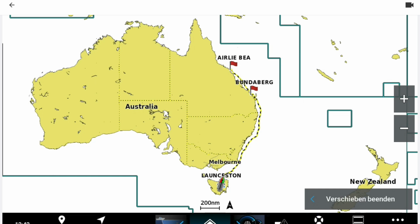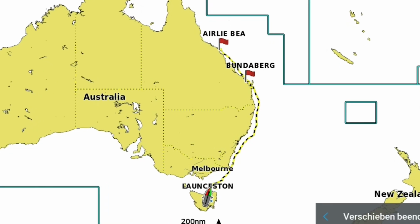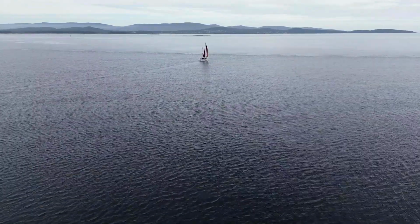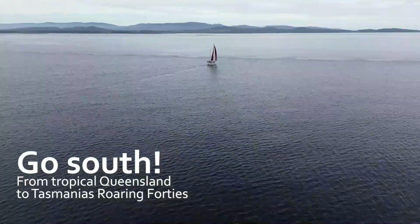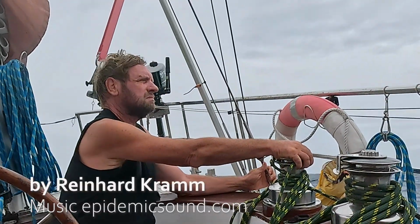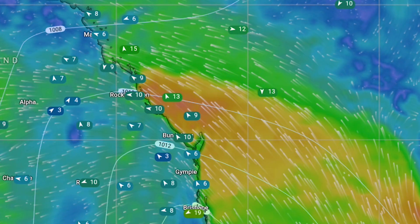Now I can set off. 1,700 miles south, 3,000 kilometers, from the tropics to the roaring Forties, with just one stop, Bundaberg. Catch the right wind, that's the key to this route here. In the Coral Sea it blows at the bow for 10 months as a trade wind, but now in November